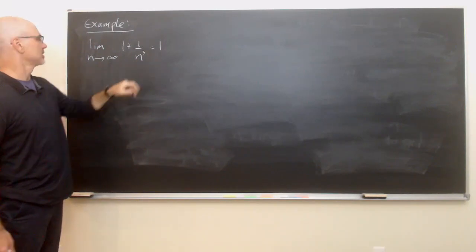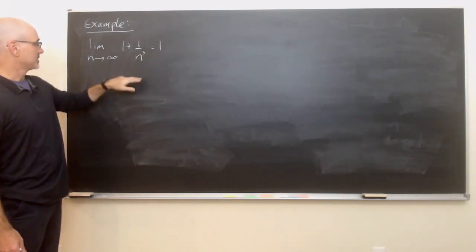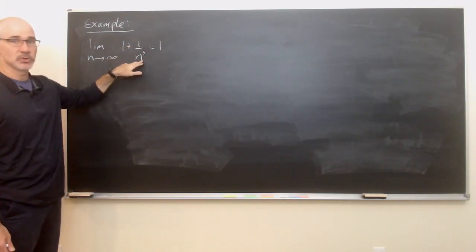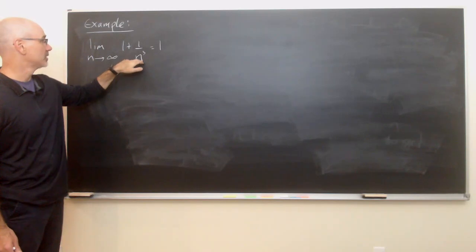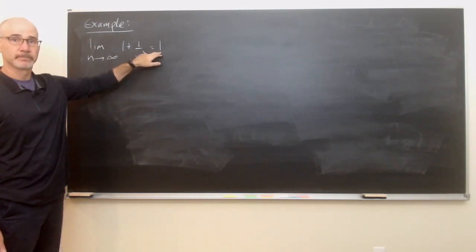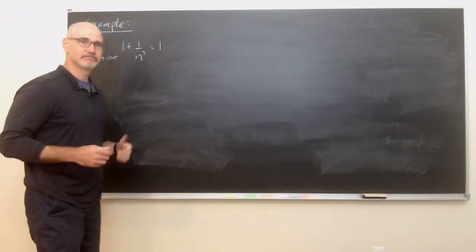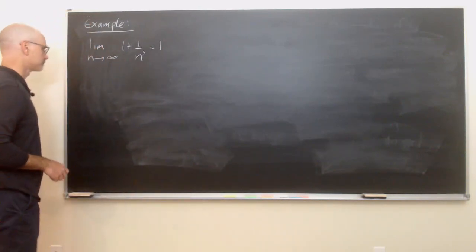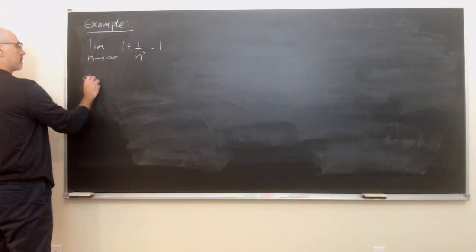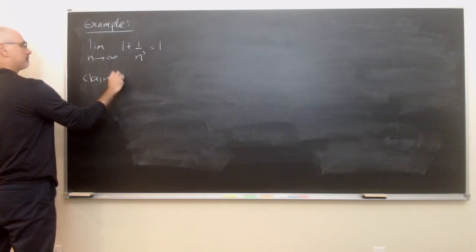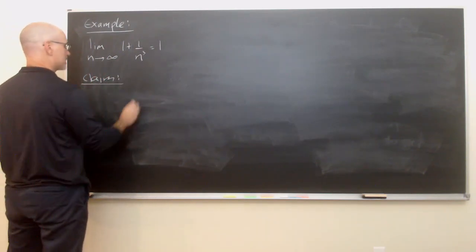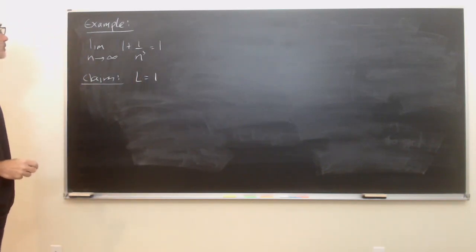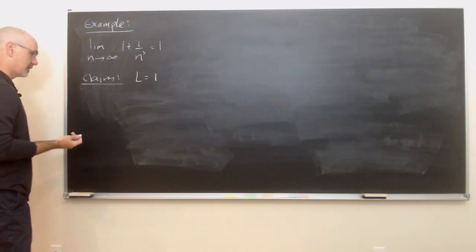And kind of our calculus 1 version of that is that as n gets big, n cubed gets really big, so 1 over n cubed gets small, it goes to 0, and so we end up with the 1. All right? But we should really be able to prove something like that. So let's see if we can. So our claim is that our limit is 1. And so we want to start by considering